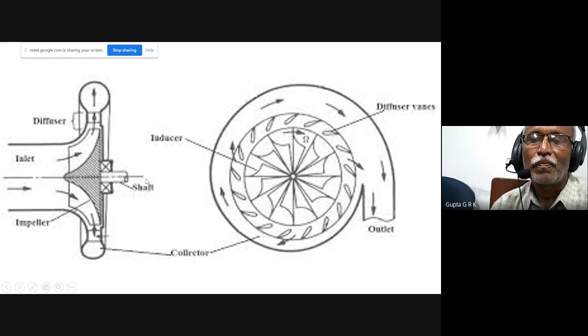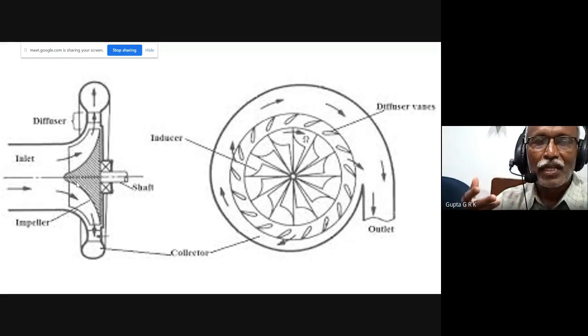the volute casing. Here, because work is given to the impeller, there will be an increase of pressure and also an increase of kinetic energy. Both pressure and kinetic energy increase. I am interested in the increase in pressure only, so I don't want the kinetic energy. I can utilize that kinetic energy for further increase of pressure. That is done in the diffuser. So there will be some pressure rise in the diffuser, some pressure rise in the impeller. Total pressure rise is the pressure rise of the compressor.